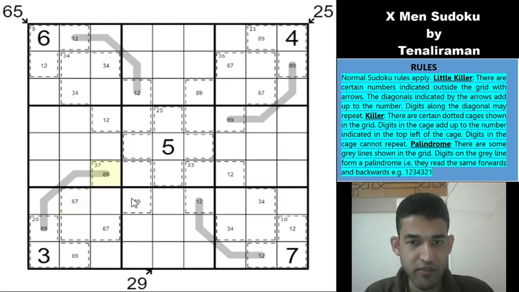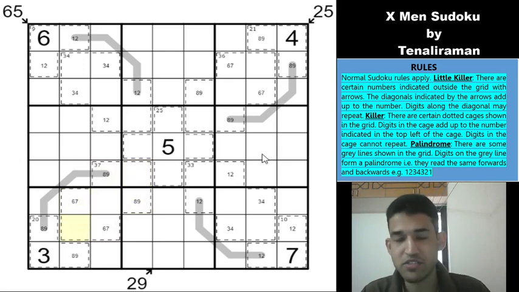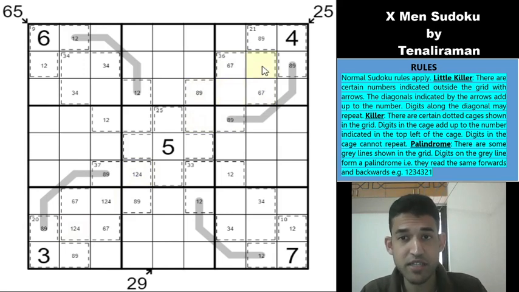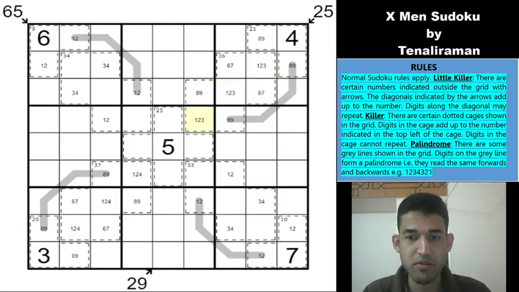This is 37. We have 30 from 4 cells. We need 7 from 3 cells, and there is only one possible way to get 7 from 3 cells, which is a 1, 2 and 4. Now let us move on to 36. 30 from 4 cells, and we need 3 from 3 cells. There is 6 from 3 cells, which means there is only one possible way, and that has to be 1, 2 and 3.